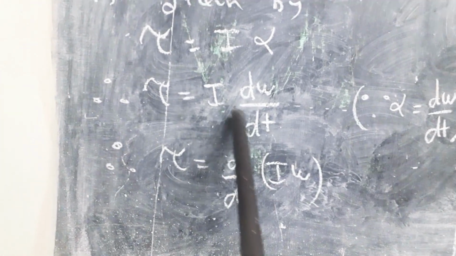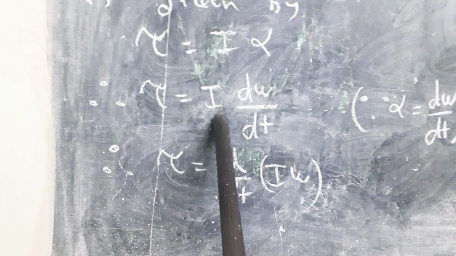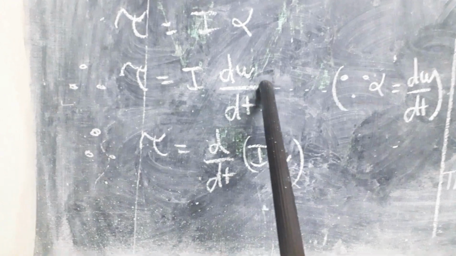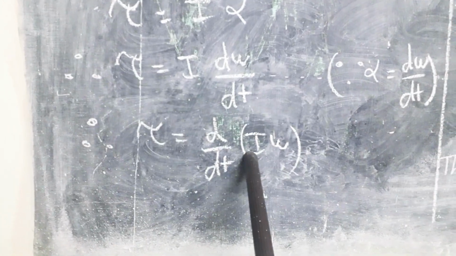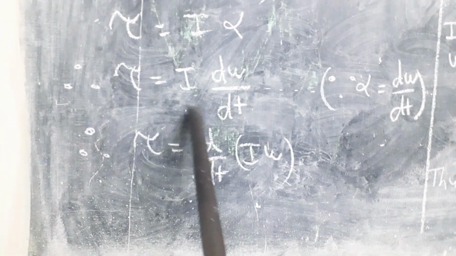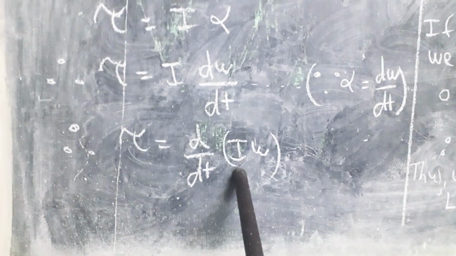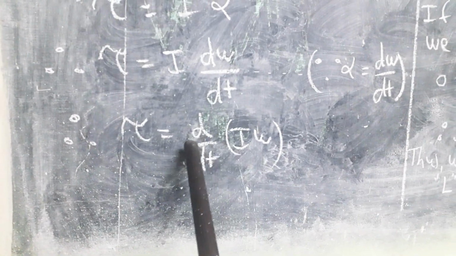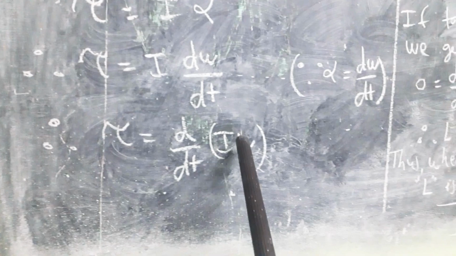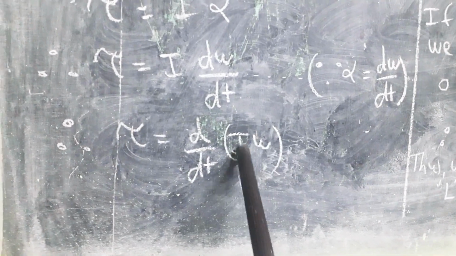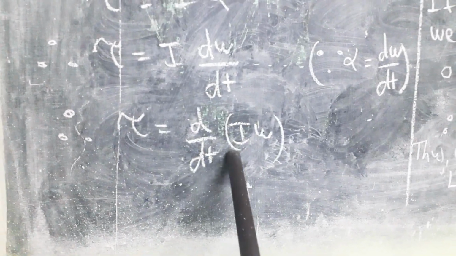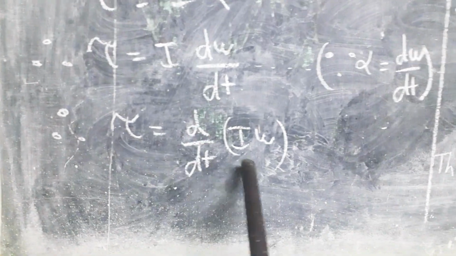So we can say that with respect to the derivative of time, the term I is constant, and we can take this term inside the derivative symbol. We can write d by dt in a bracket I omega. A constant term can be taken outside the derivative symbol, integration symbol or limit symbol, or we can transfer the constant term inside the derivative, inside the integration, inside the limit. So we transfer the constant I inside, and tau is equal to d by dt of I omega.